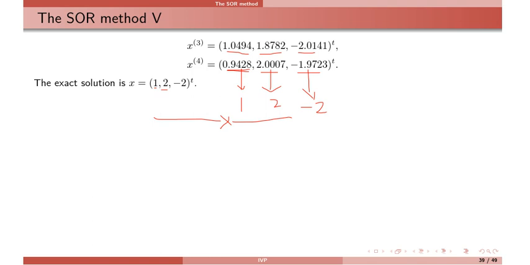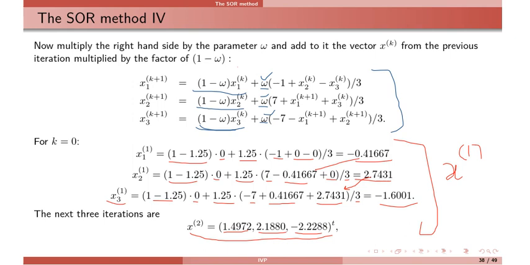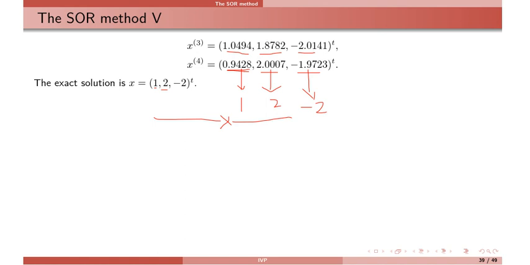But for the time being, from an engineering perspective, you can think that omega is a given number for you, and just write the iterative technique for Gauss-Seidel. Multiply omega on the right hand side, and then add 1 minus omega x1 in first, 1 minus omega x2 in second, 1 minus omega x3 in third, and start with the 0, 0, 0 vector, and the rest of the procedure is the same as we did in Jacobi and in Gauss-Seidel.